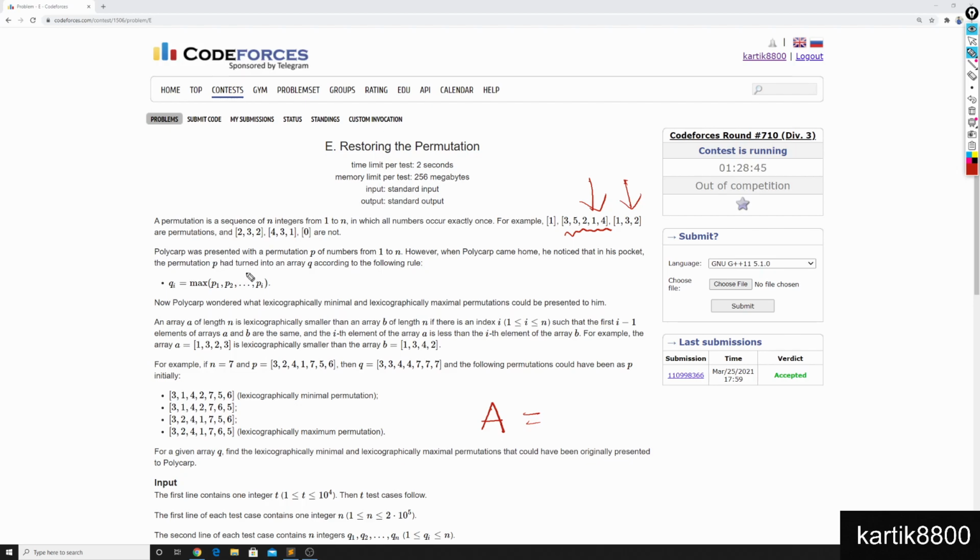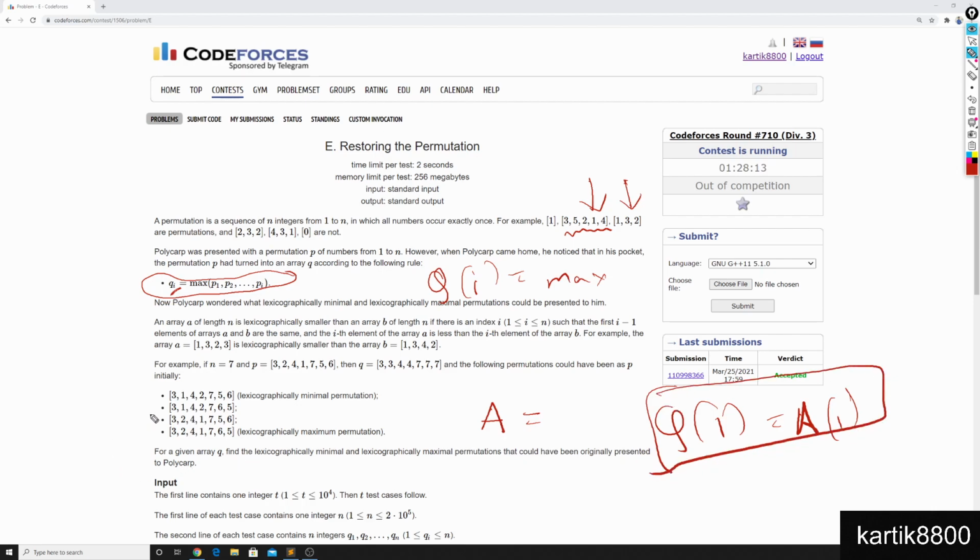Next, you lost this array, but you have the prefix max of this array. You have a prefix max array for this array. So prefix max array is basically an array Q where the ith element is the largest among the first i elements. So max among the first i elements. Okay. So that would mean that Q1 would be the largest among the first 1 elements of the array A which you lost. That is nothing but A1 itself. Max of A1.